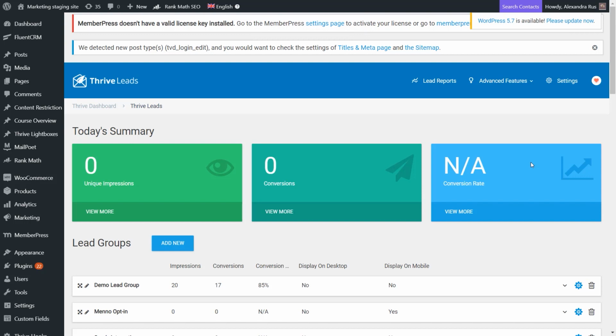Tribe Leads installed and you want to use Tribe Leads forms to capture testimonials, here's how to do that. You go to your Tribe Leads dashboard and you edit a form from there. So maybe you have a lead group or you want to show a light box with a testimonial capture form